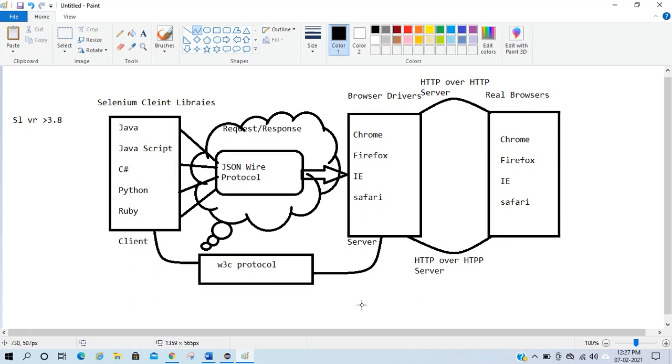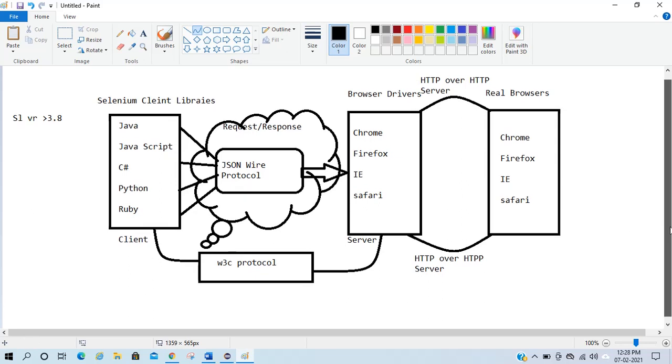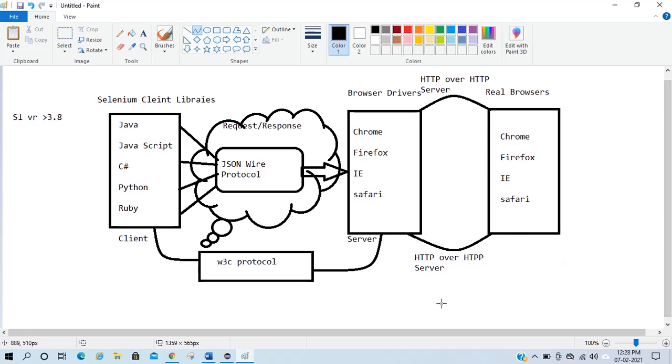So the change is pretty much observable also. When two persons communicate in their own language, the communication is much more effective. If I talk about a real world scenario, let's take an example. I'm talking in English with some other person, and both of us know English, so the communication will be easy.